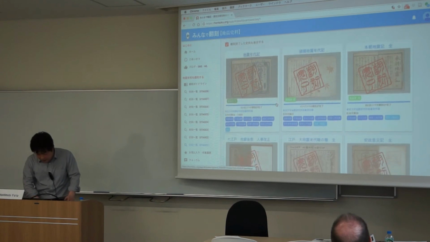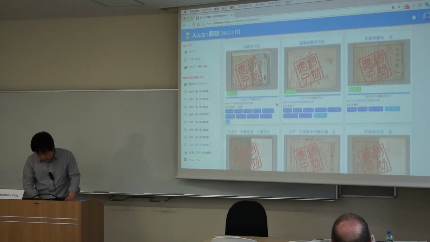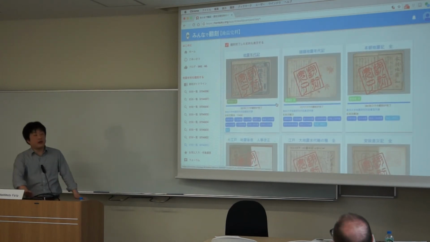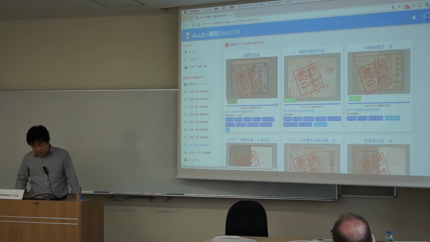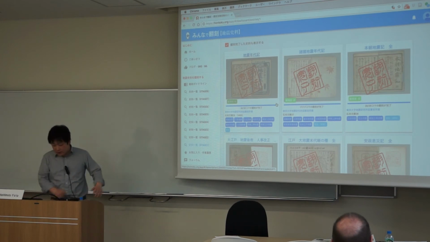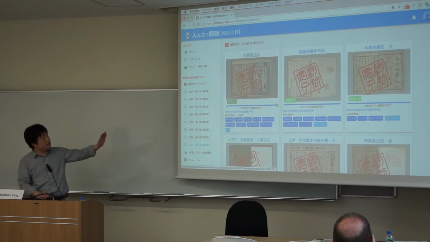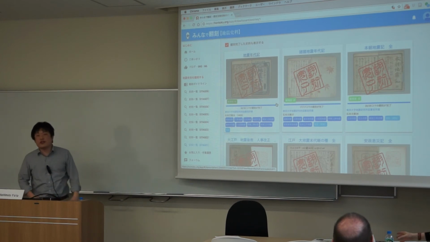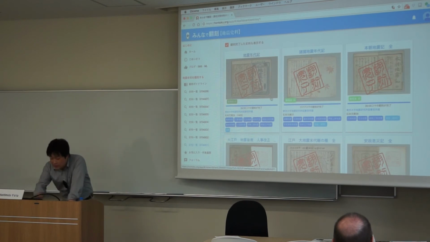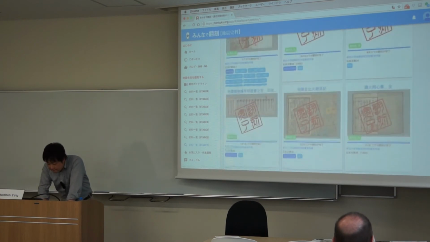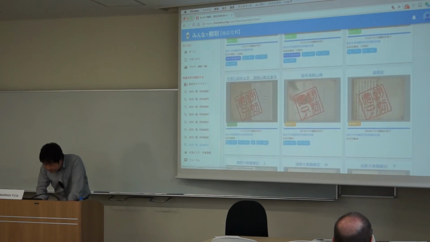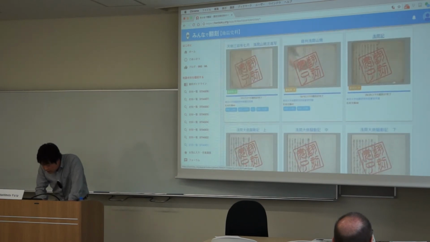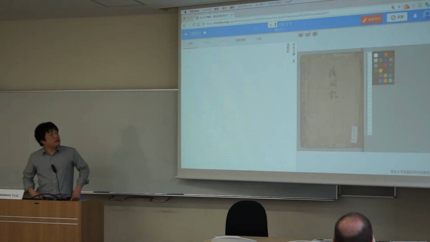Okay, let's choose a book from stage 1. You see red stamps on the books, and this shows the transcription of the book is finished. 翻刻完了ですね。